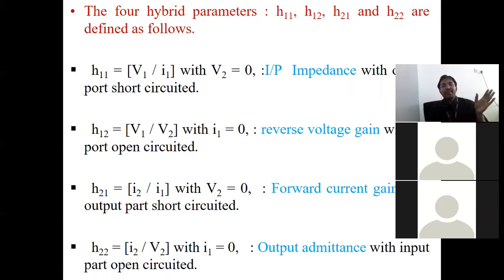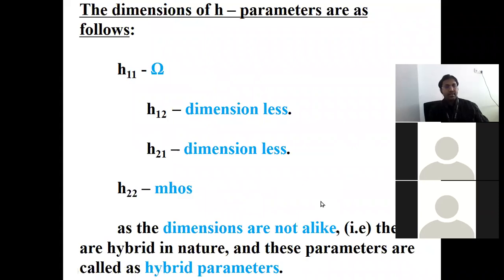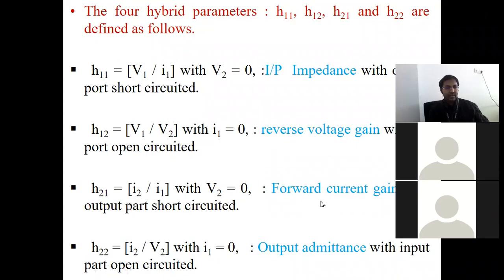Now here, output current, anything output by input is gain. So output current by input current is simply current gain. But earlier we called reverse voltage gain, so we are calling this forward current gain. You can say forward current gain or simply current gain. Anything is fine. Okay, next, the last one is here.